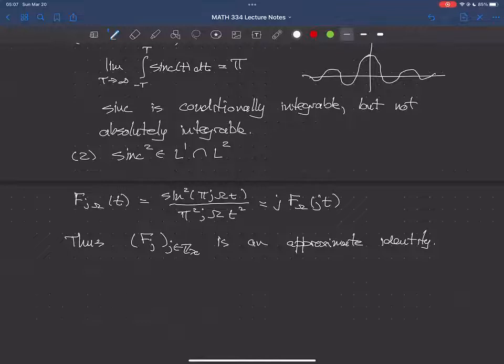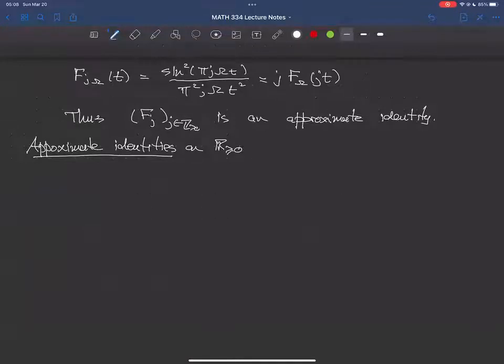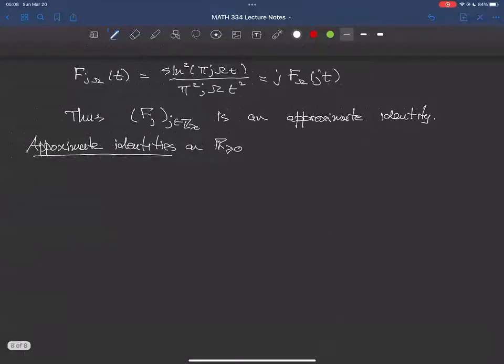There's other ones, lots of them, but these are the ones I'm going to talk about. Okay, so now you also have approximate identities on the positive half line. These are going to have to do with functions whose support is bounded on the left. And so I'm going to go through this more quickly. So the conditions for an approximate identity, the conditions on u_j. An approximate identity is still a sequence. The conditions now are